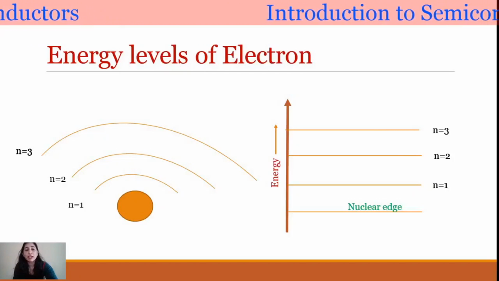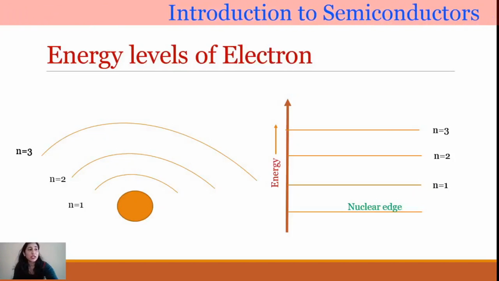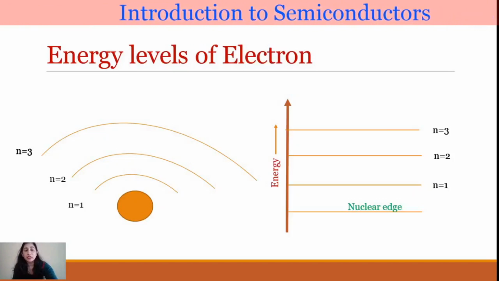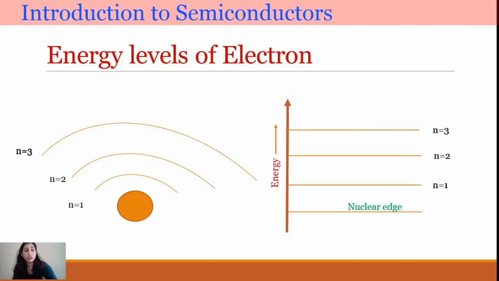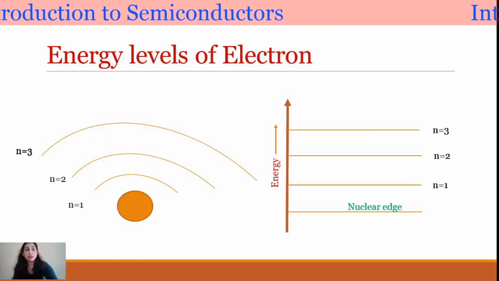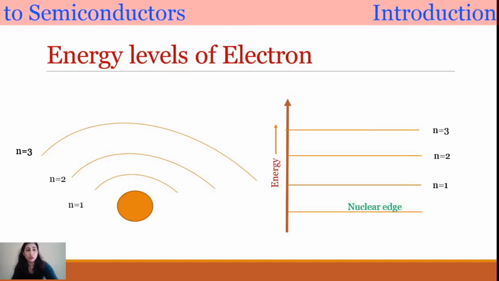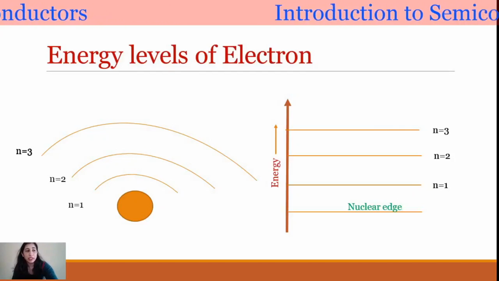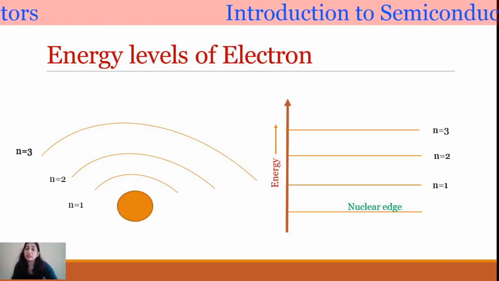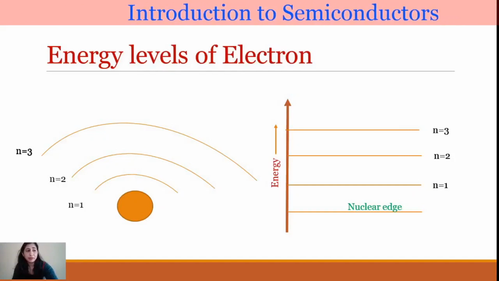यह एक बहुत simplified तरीका है levels को दिखाने का. The energies of levels are generally measured in the units of electron volts. These are the permissible energy levels numbered as 1, 2, 3 and so on. And there are corresponding energy levels shown on the right part. This right part is actually drawn just for simplicity and for quick understanding.